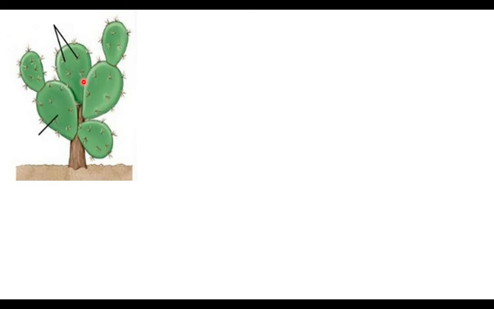This is a modified stem. The stem is doing a special function because of this change. What kind of modifications can we see here? The stem is flattened, a flat stem, and the stem is green in color. The green stem is involved in photosynthesis. In order to do the special function of photosynthesis, the stem is modified and is green in color.